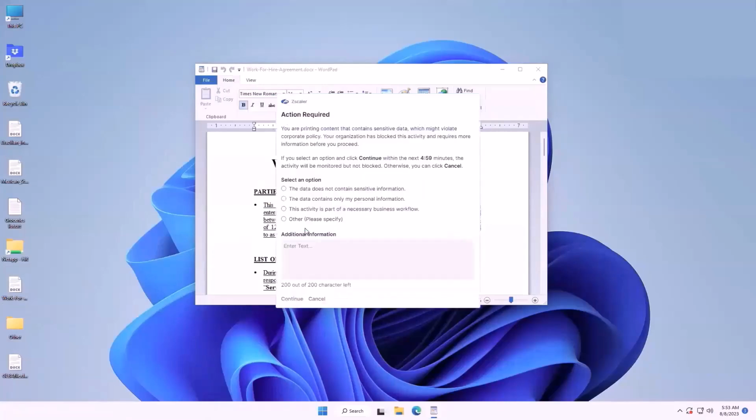The user now sees that it's being monitored. This file contains sensitive data, and you need to choose one of the options. You can justify and continue, so we're not blocking the user, or you can click cancel and abort. In that case, it's very useful, and you can see how it's really a win-win situation the way that we see it,